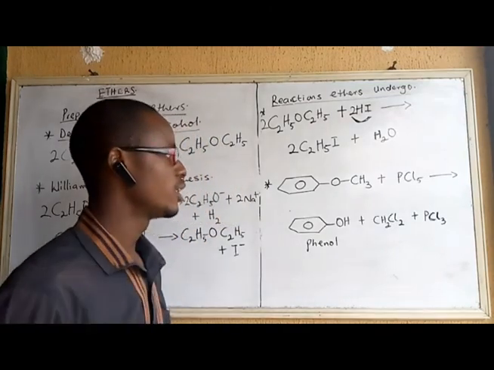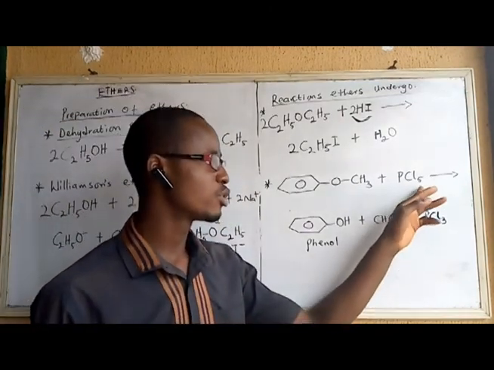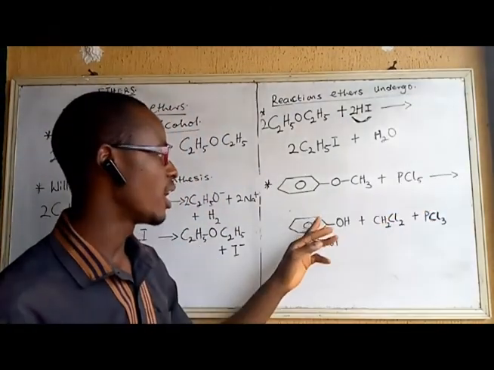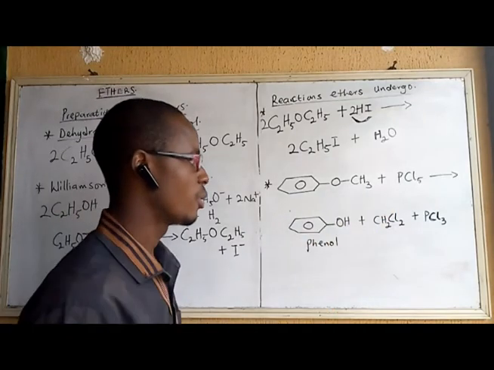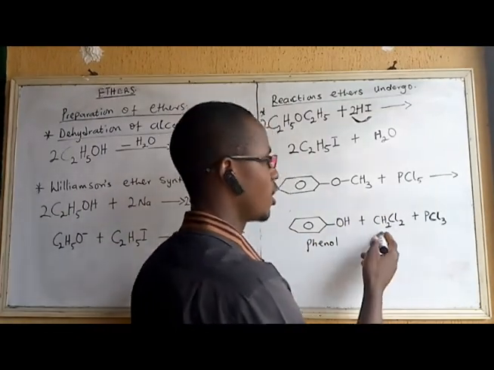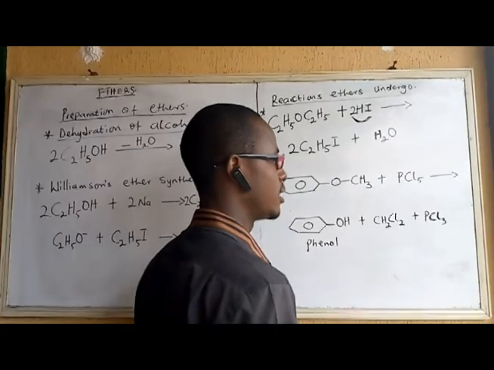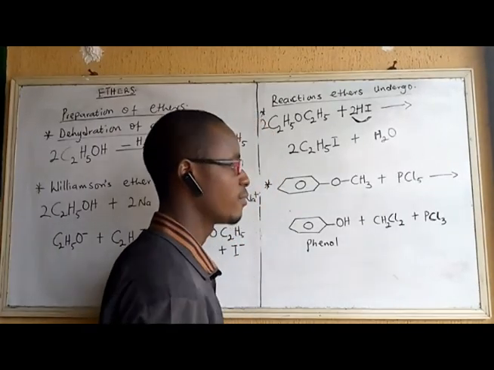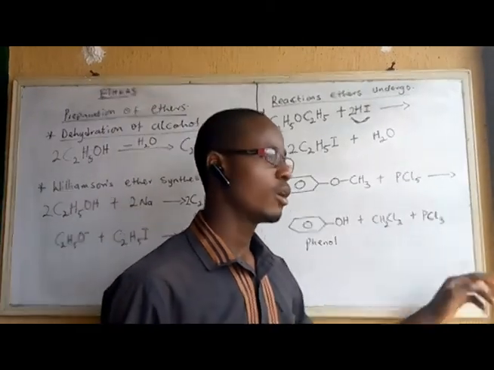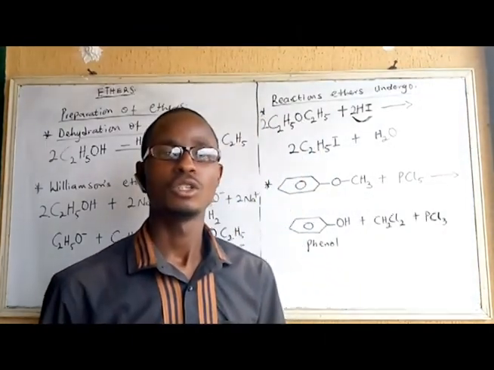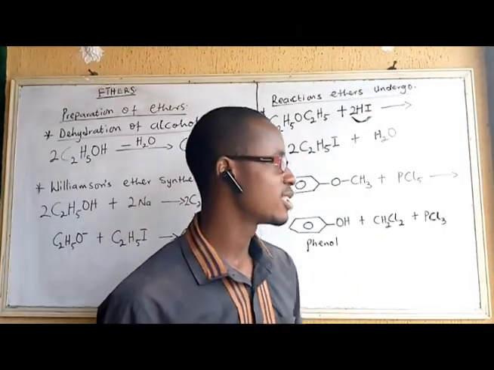So this is one of the methods. When phosphorus pentachloride is used, we have the production of phenol, the production of ethylene dichloride, and the production of phosphorus trichloride. So this marks the end of the topic,